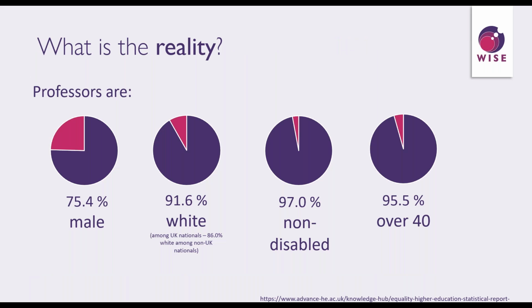So let's have a look at the reality. In reality, the stereotype is real. The majority of professors are white, male, non-disabled, and usually over 40. So what's wrong then? Well, now imagine if this stereotype is consistently shown and promoted and the impact this has on future recruitment and aspirations. Is that the stereotype that's going to follow through? In fact, I was talking to a plumber about this the other day, and she said that she finds exactly the same thing.